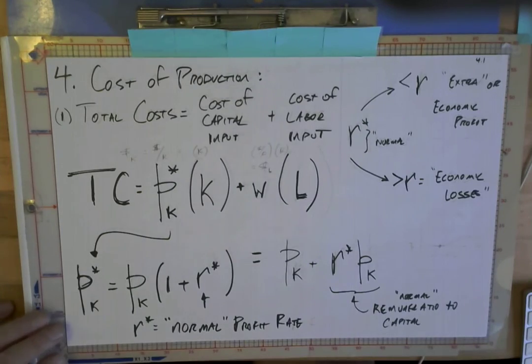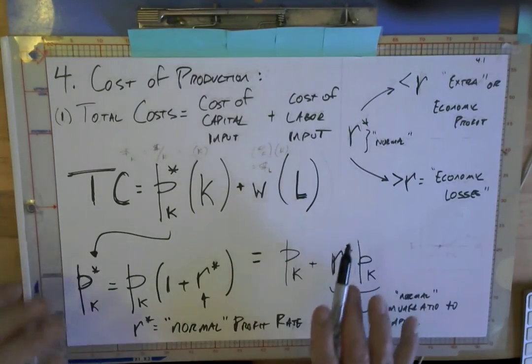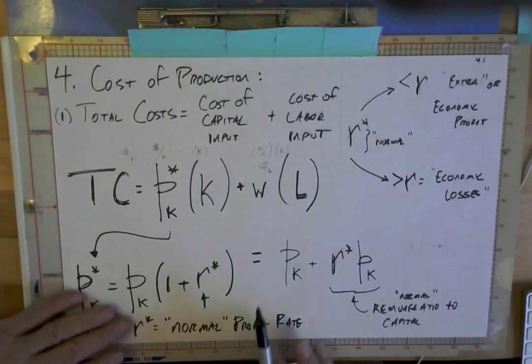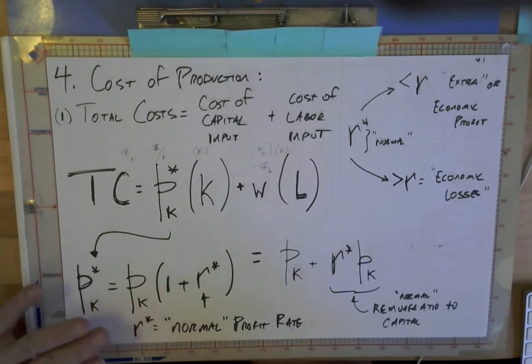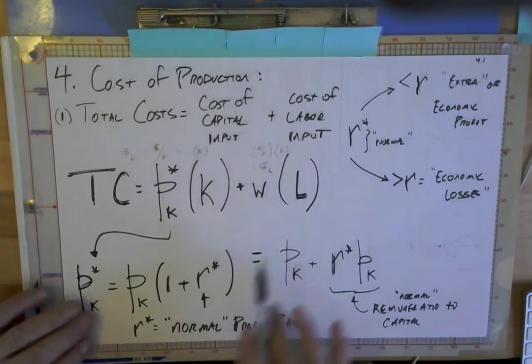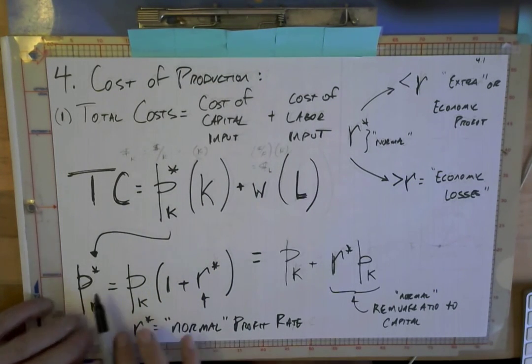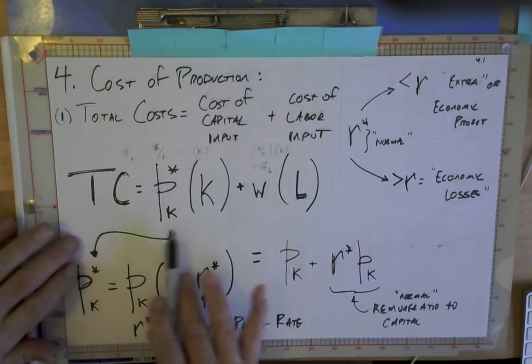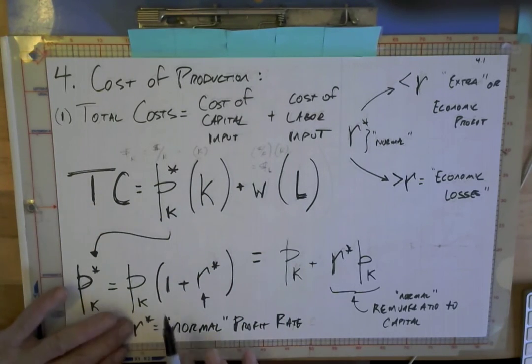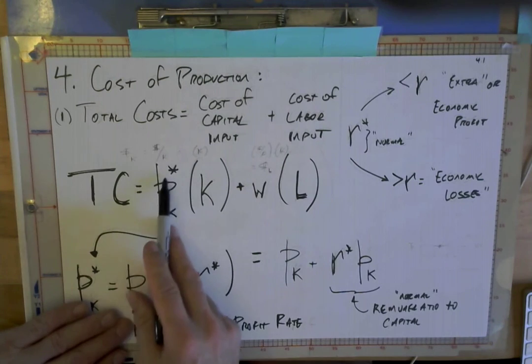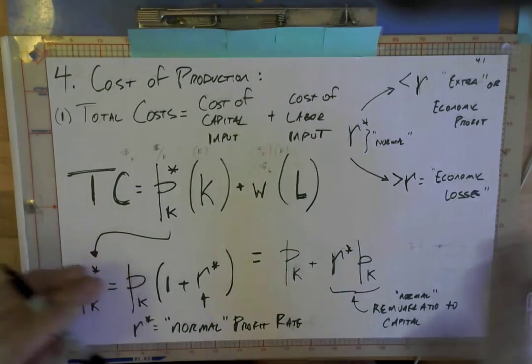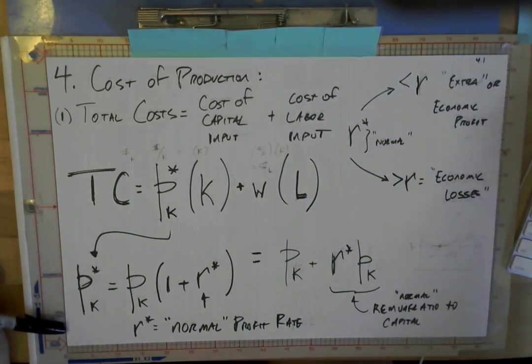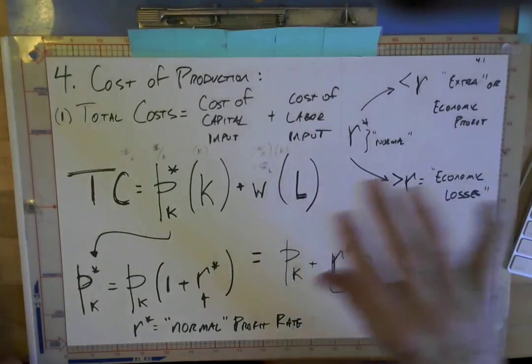So we have here the idea that within the model there is a structure of normality, and the normality is an assumption we're making within the profit rate, such that the price of capital that's entered into the total cost includes that normal rate of return. So that P star K is going to be the remunerative price of 1 plus the average rate of profit. We'll talk about that. To develop this in the next